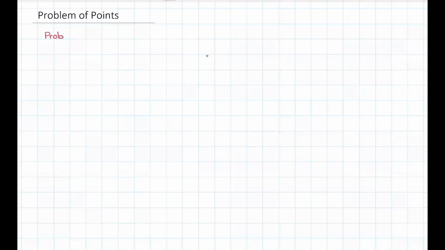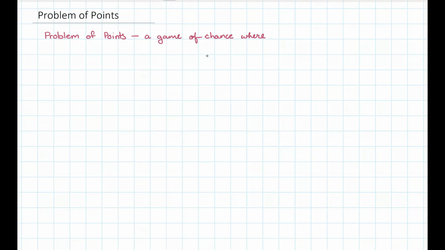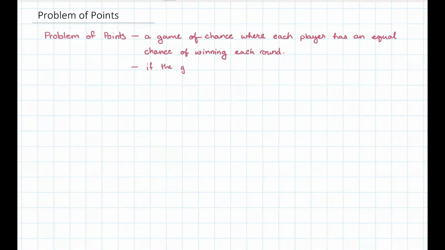The problem of points, also called the problem of division of stakes, concerns a game of chance where both players have an equal chance of winning each round. Both players contribute equally to the prize pot. The winner of the pot must have won a certain number of rounds to collect. The problem of points asks how the pot is to be divided if the game is interrupted before one of